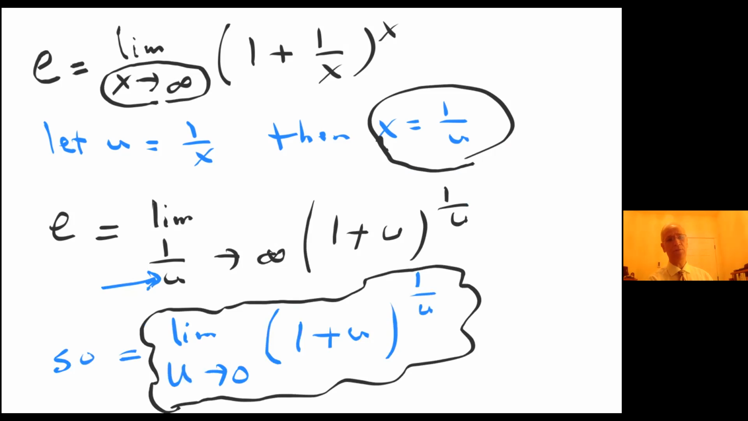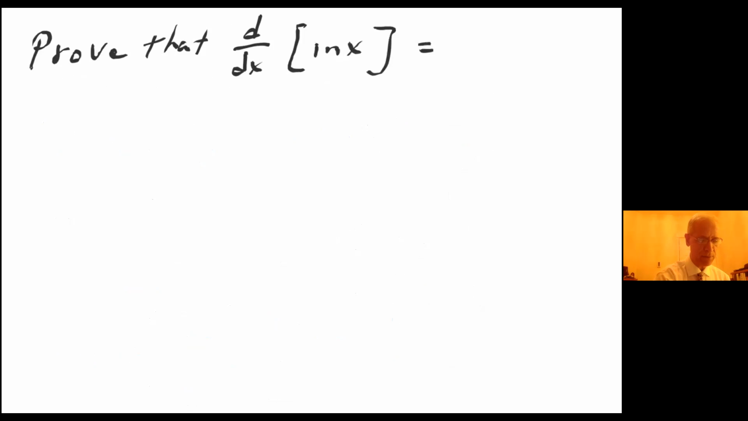There may be other ways of proving it, but this is the way I learned it, and that was a very long time ago. All right. So here I want to prove that the derivative with respect to x of natural log of x equals 1 over x. And I claim that if I prove this, then I have proved that the antiderivative of 1 over x is natural log of x. So I'm going to use the idea of limits and say that the derivative of